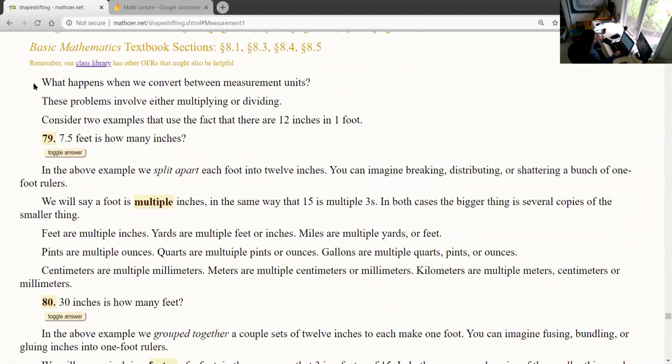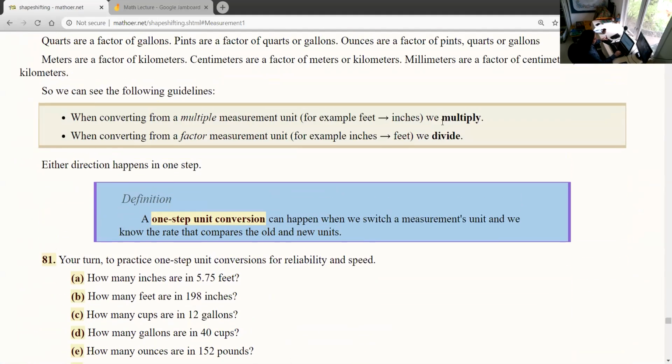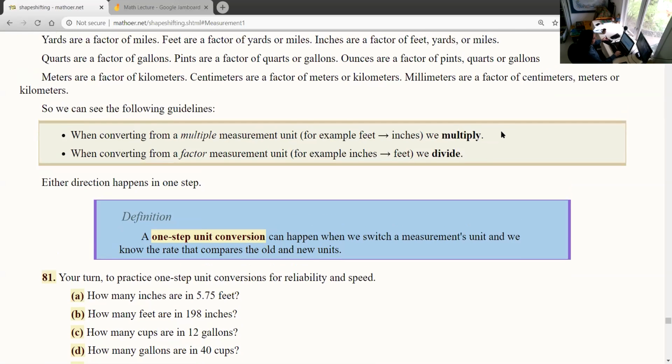And I warned you that these rules about multiply this case, divide this case are helpful, but we will get something better. I had to show you this thing about one-step measurement conversions because otherwise the people that are good